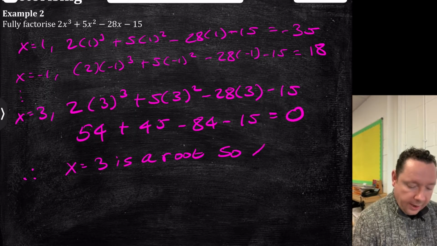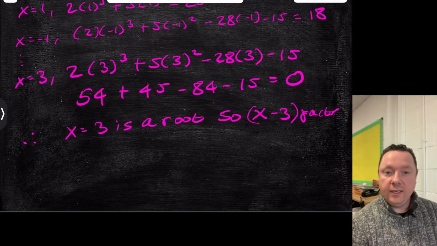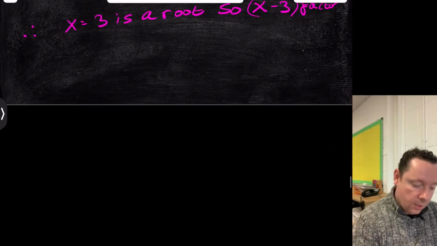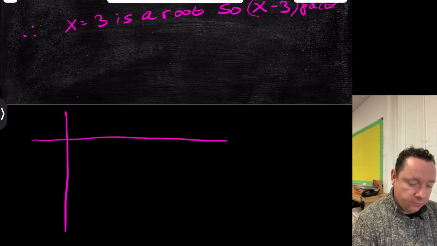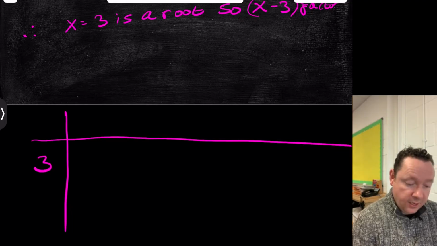So x minus 3 is a factor, remember. Just a note, I find subbing in directly the quickest way, but you can use synthetic division when you're subbing in as well. And you're going to have to do that anyway once you've found one. So I found x equals 3 as a root,